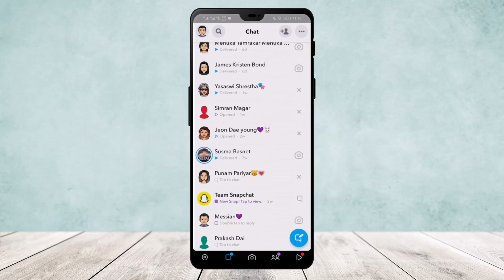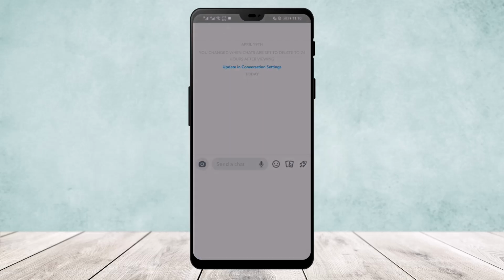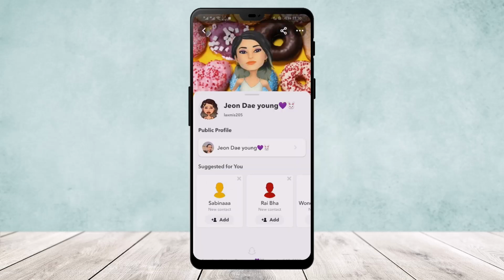Now you can see this person who has a cross icon beside their name is not friends with me anymore. Now how can I add them? Now if I open the profile, you can see I can't send them a friend request. So if I open up the profile by tapping on the profile icon, and once here, what I need to do is I need to remember the username. You can see the username